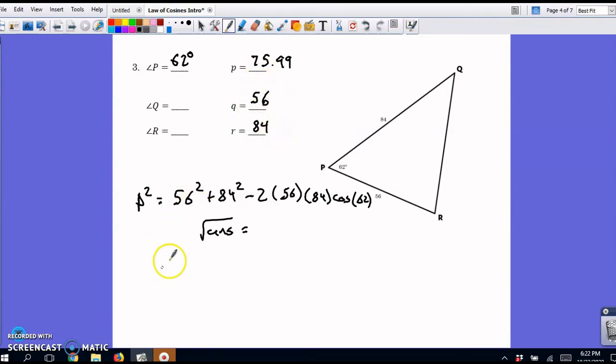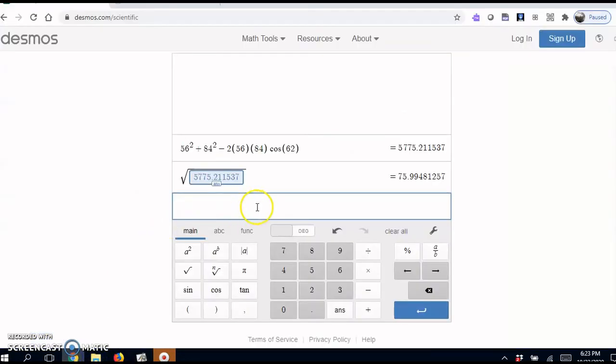so don't find it, find the smaller one first when you're doing this law of sines. So 62 over 75.99, sine of Q over 56. So on my calculator, it will be 56 sine